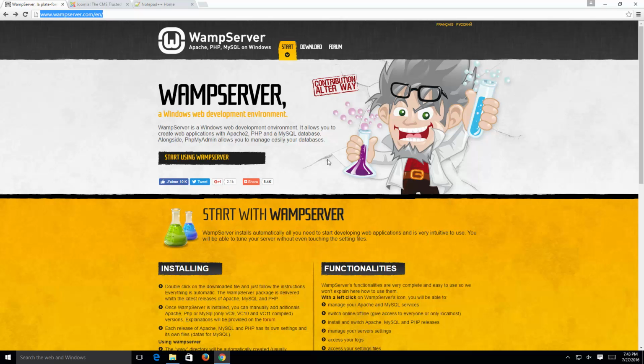This particular software package comes with Apache, PHP, and MySQL. Apache is the web server, PHP is the language that Joomla is written in, and MySQL is the database where you're going to house all the data for your website. What you're going to want to do is click on the download button,